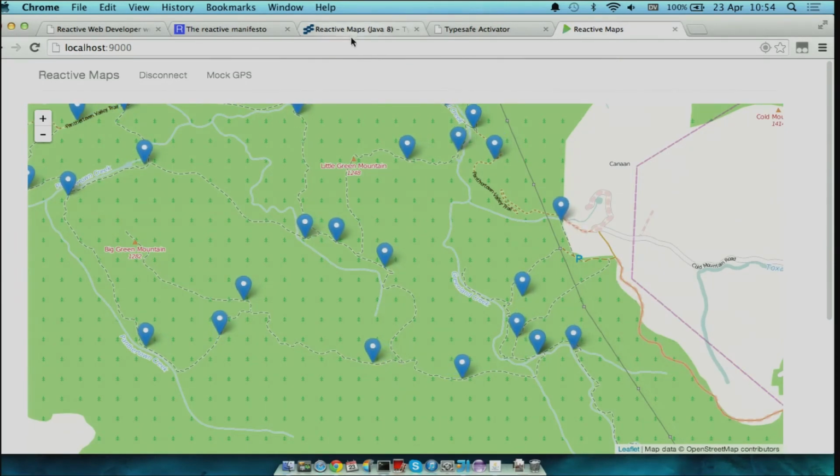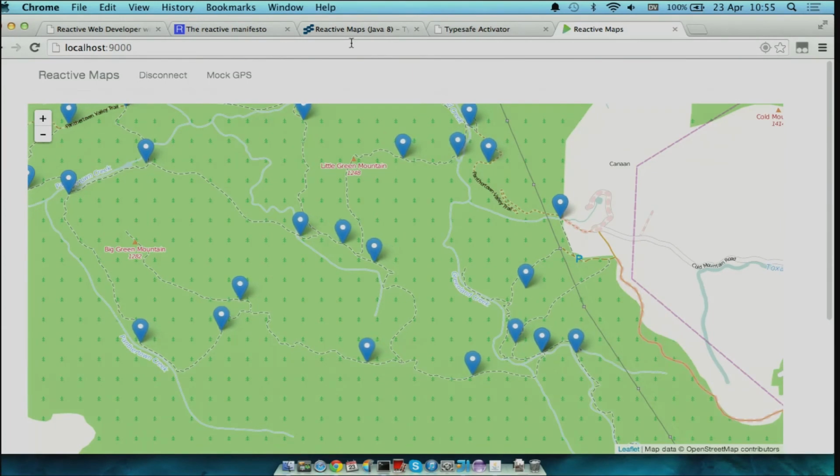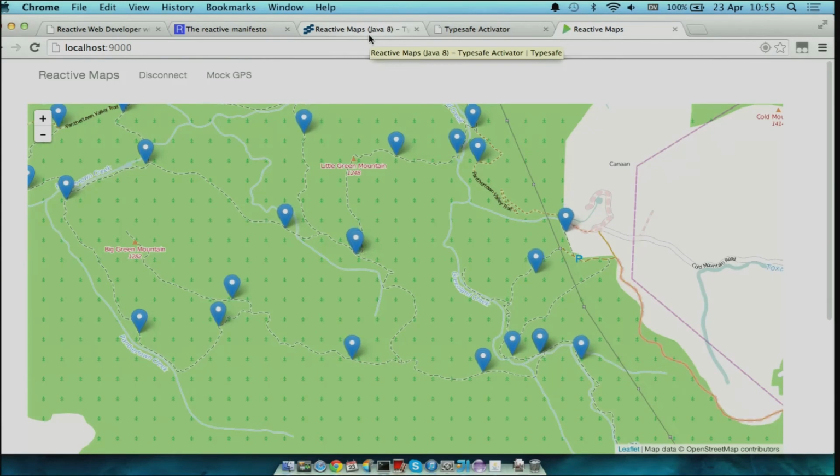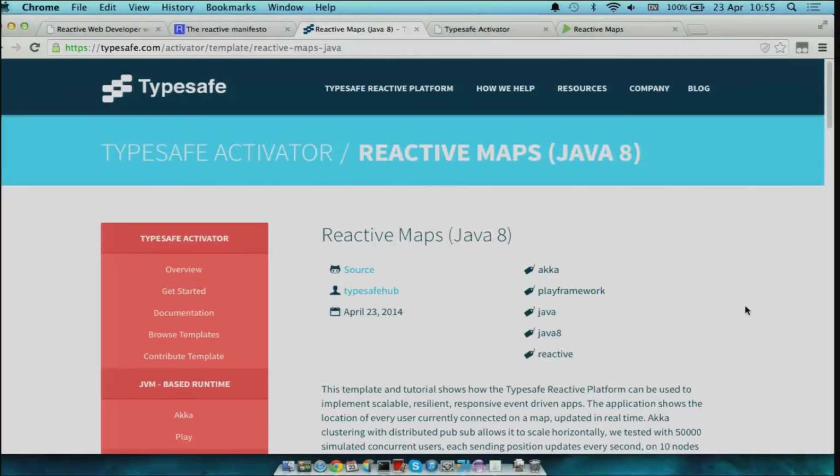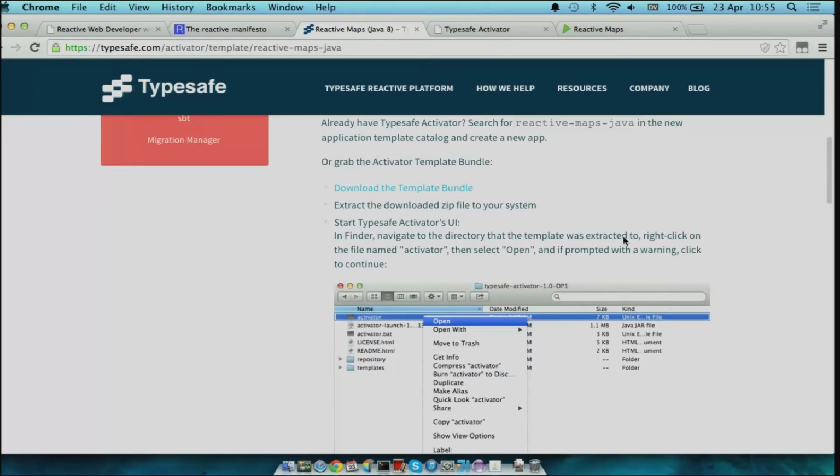So if what I explained today is going too fast for you, or if you want to go back and have a closer look, you can actually get this demo application. If you go to Typesafe Activator templates, you can find this Reactive Maps Java 8, and you can download this template bundle, and that will give you Typesafe Activator, which is a way that we have at Typesafe of learning applications.